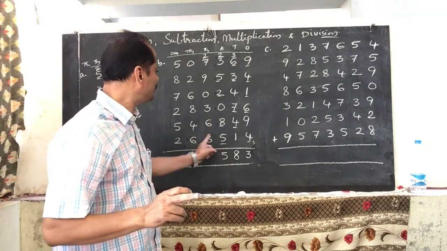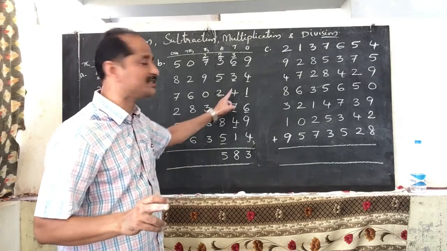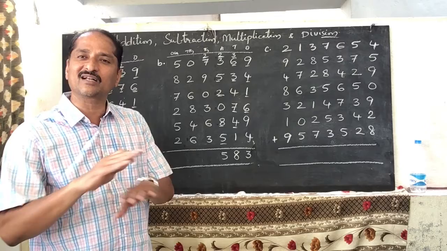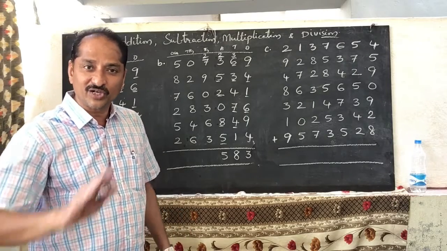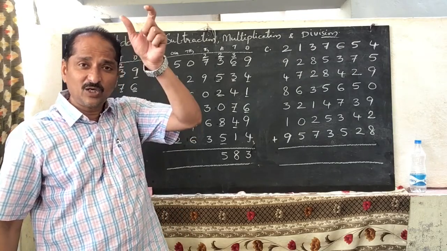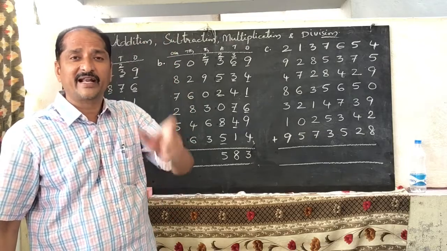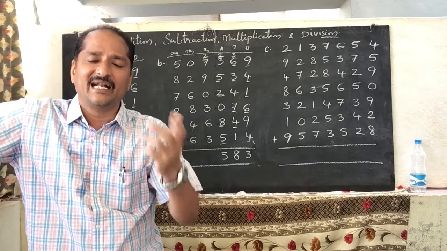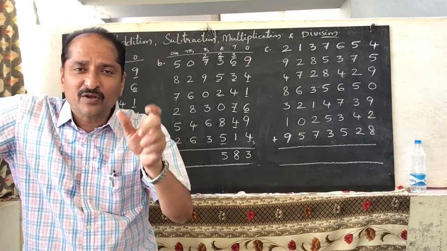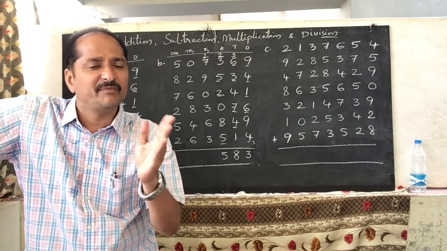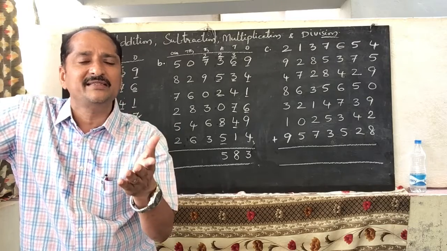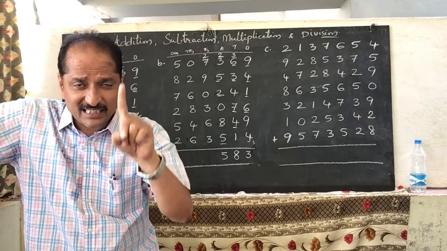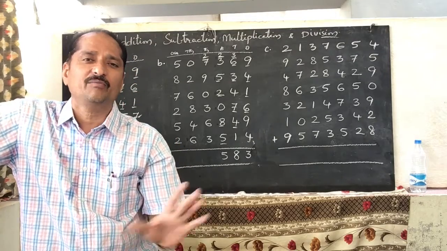Otherwise, sometimes you mix this number with this or this number with this, like that you can get confusion. You can add one number to another number, then you will get wrong answer. So we should not add like that. We should write down in a proper way. Writing the numbers in a proper way is more important than adding. If you are writing in a proper way only, you will get correct answer. Otherwise, if you are missing the number and writing in another place, you will get wrong answer. So, writing the numbers under each place is very, very, very important.